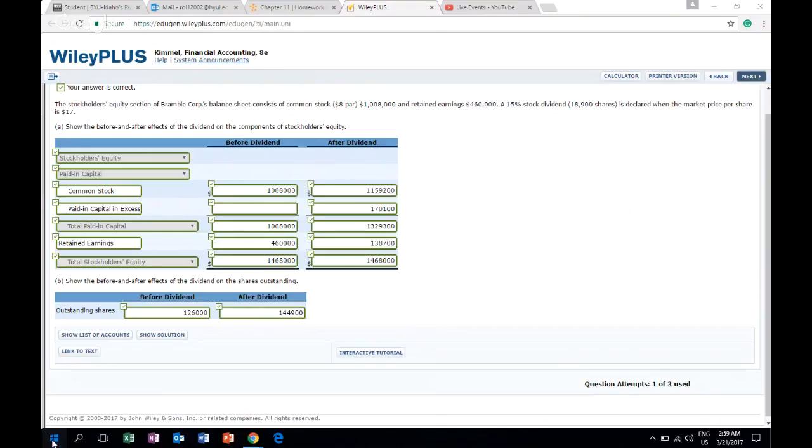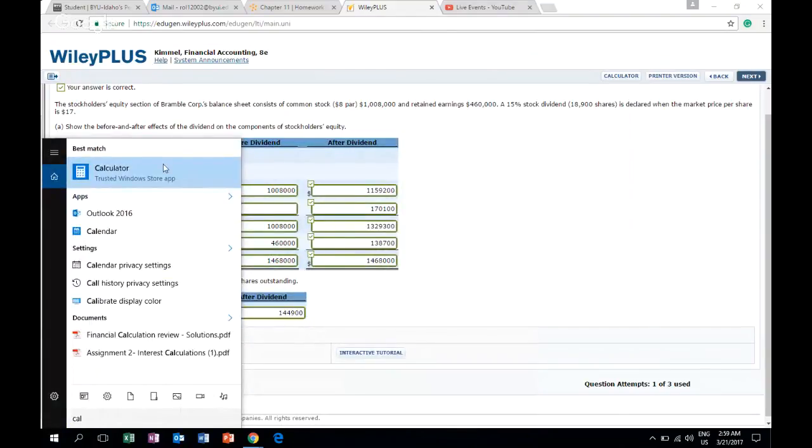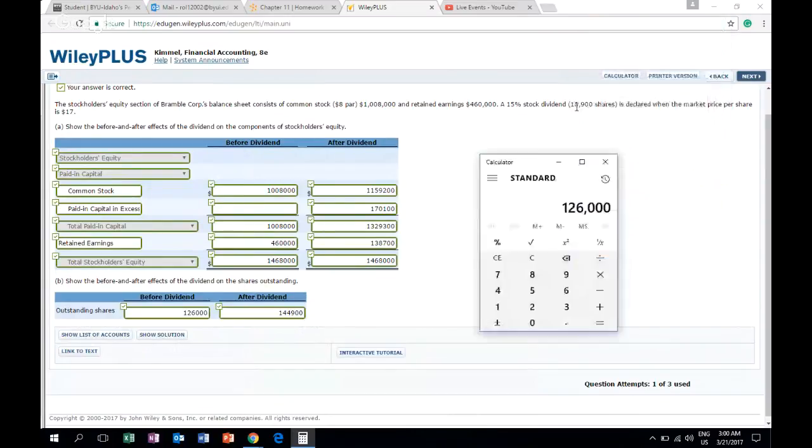126,000. So you see I'm not lying. 18,900 divided by 0.15 is 126,000. And what I'm going to do is add the 18,900 shares, which is after the dividend. That's part of the dividend. So plus 18,900 gives me 144,900. And what I'm going to do is multiply that by 8,